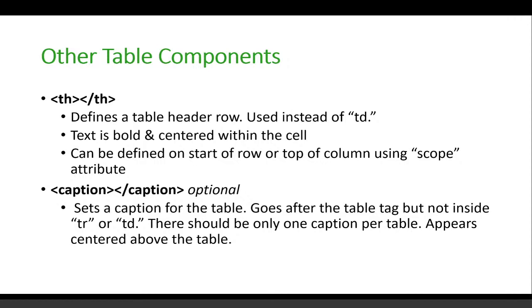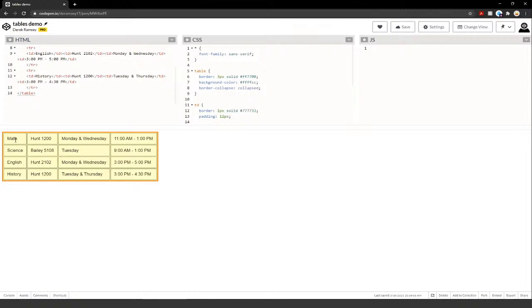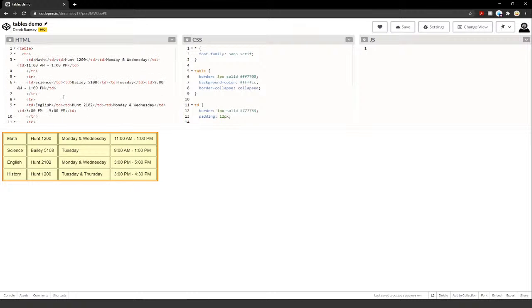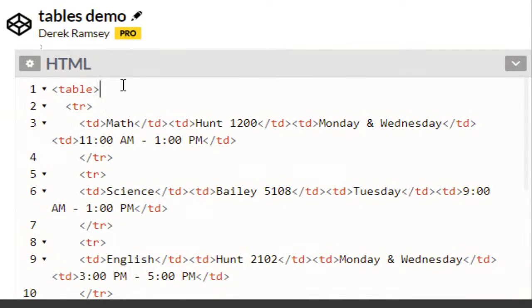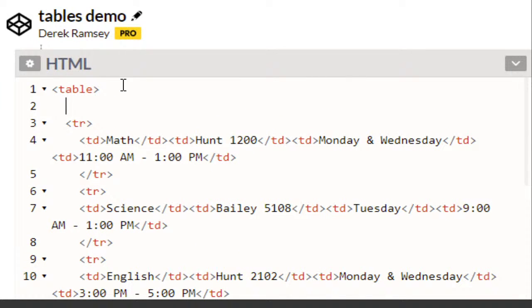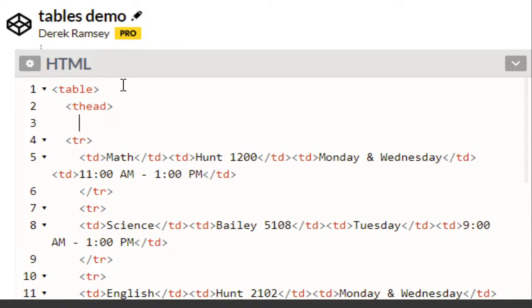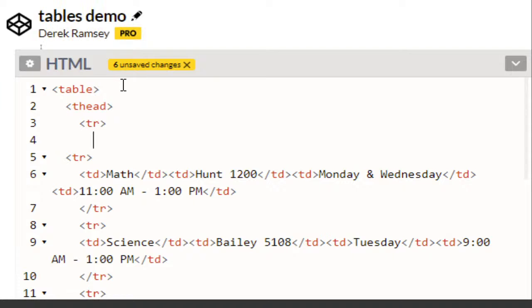So if we go back to our CodePen here, what we have is the class name, the location or room number, the days, and the times. So what I would want to do here is add another section at the top. We're going to start this with a thead tag. Again, that's just another container tag. We're going to put in a tr for table row. And then instead of td for our cells, we're going to put